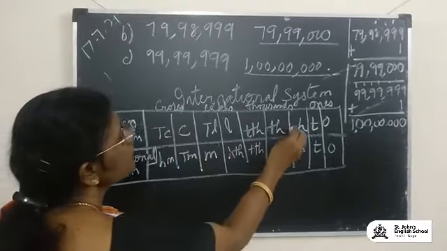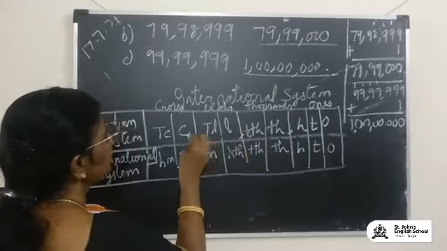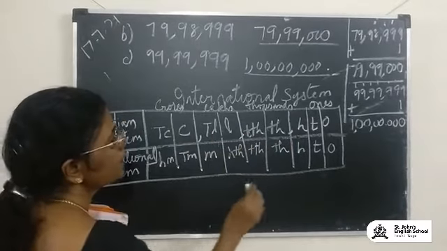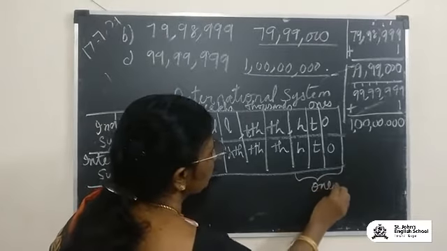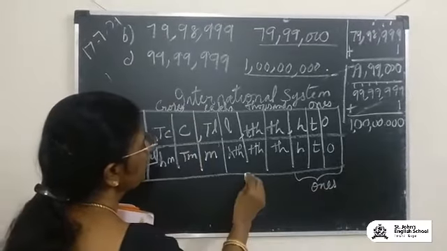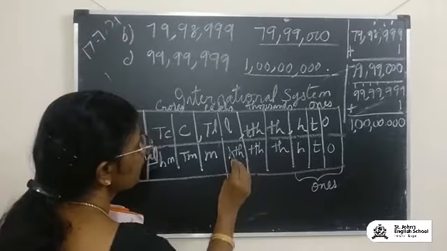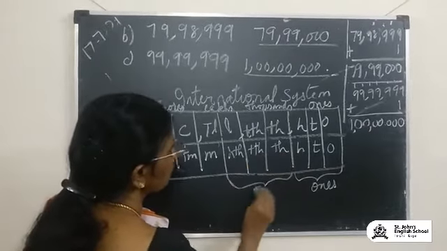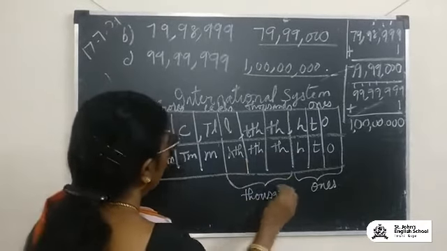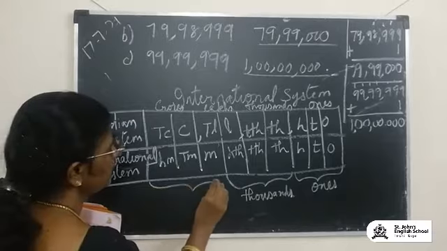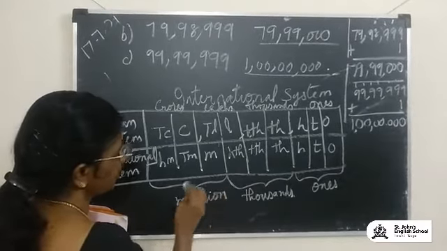But here it will be, so what you will do, you will put the comma after 3 numbers and then 2 numbers. But in the international system, children, I just write it down. This is for the ones period, and these 3, okay, 100,000, 10,000, 100,000. All the 3 will come in the thousands period, and the million, 10 million and 100 million, it will be called as the million period.